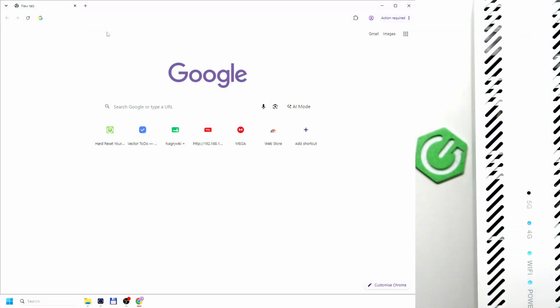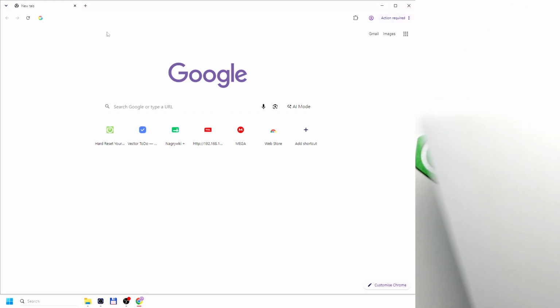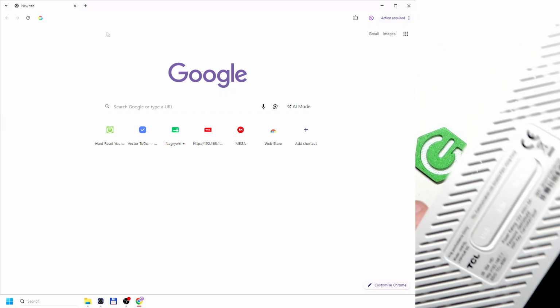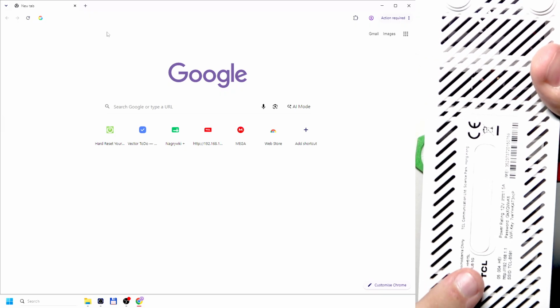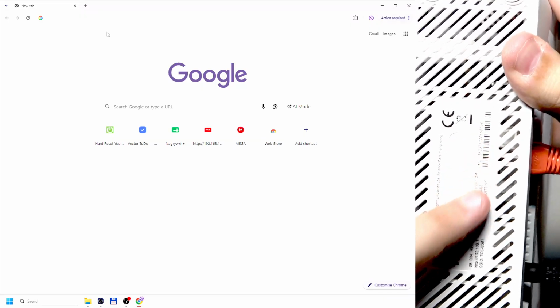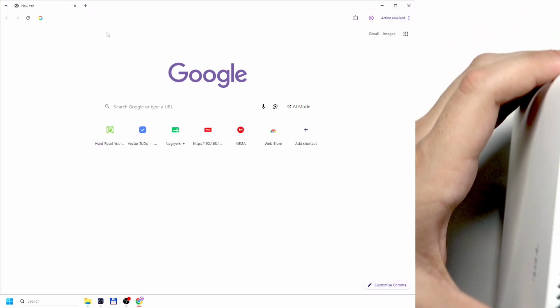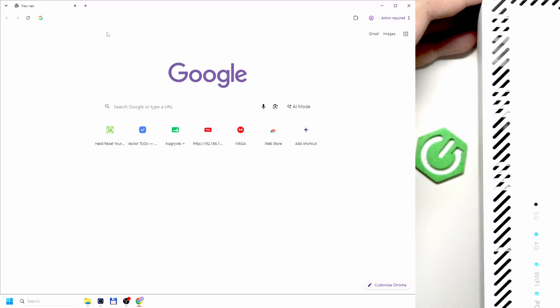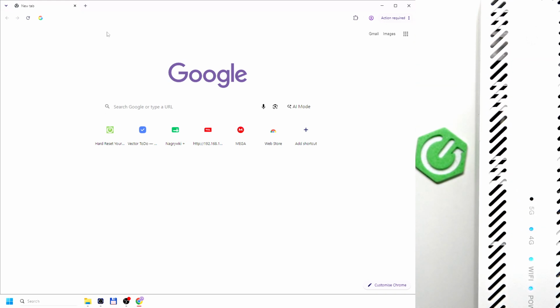So first, what you guys want to do is get the password from underneath the router. This is something that you need to take a picture of so it's easier to type in. Now whenever I rotate my router, you guys won't be able to see this probably, but there's a lot of information that you need to just take a picture of, and then you'll be able to just enter them in the site. So here we type in